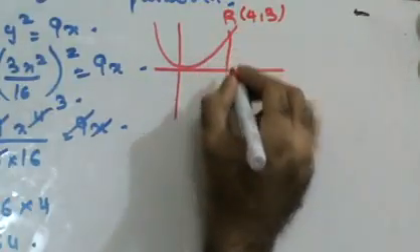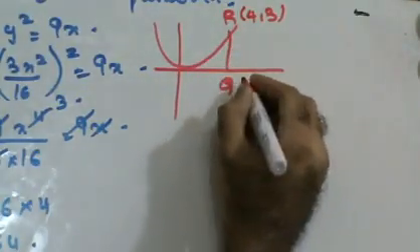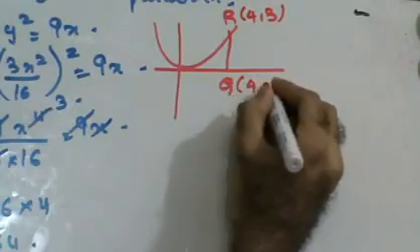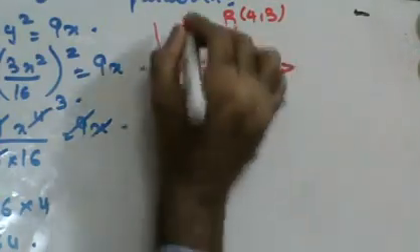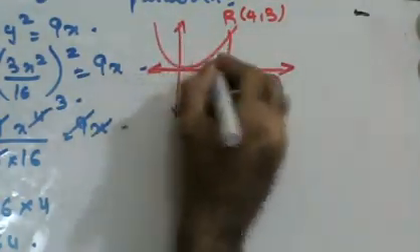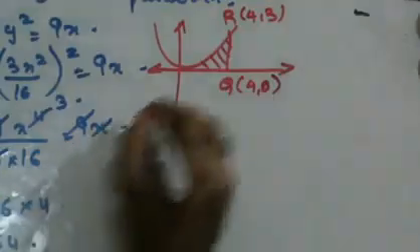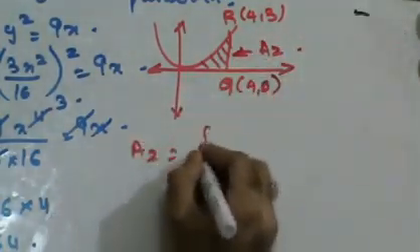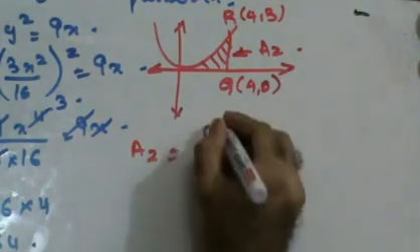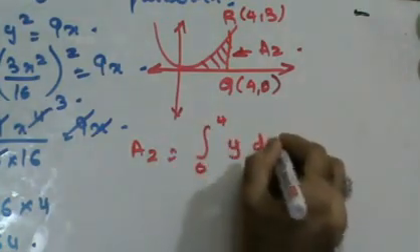Let's drop perpendicular Q here. So Q is going to be 4, 0 because it's perpendicular to the x-axis. How do I find the area of this region? Let's call this area A2. A2 is the integral starting from 0 going up till 4 of y dx,